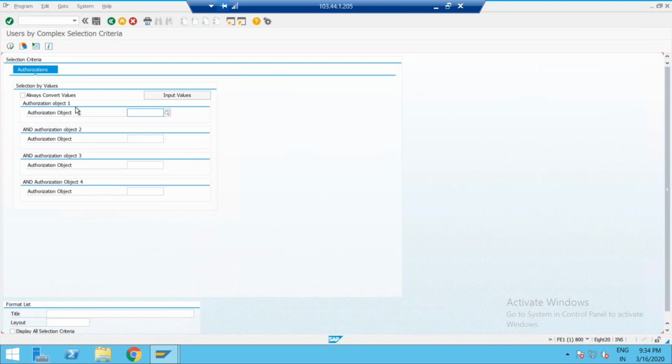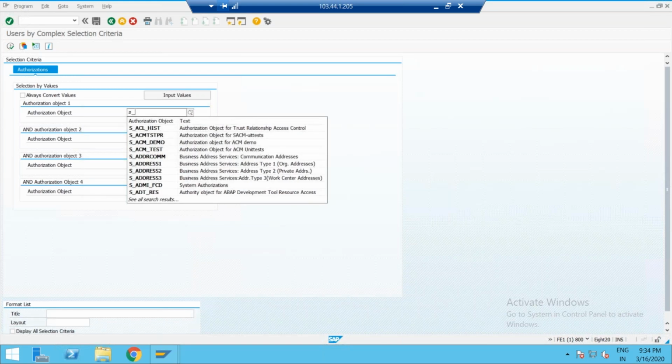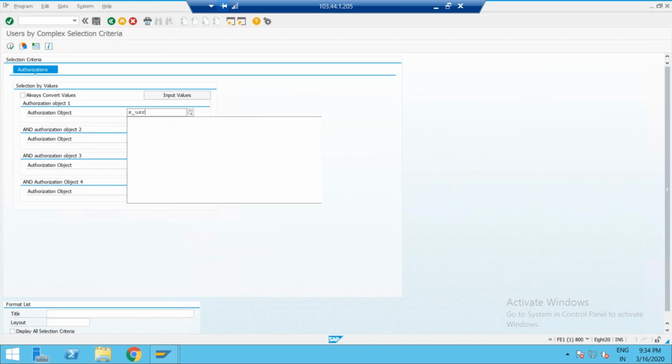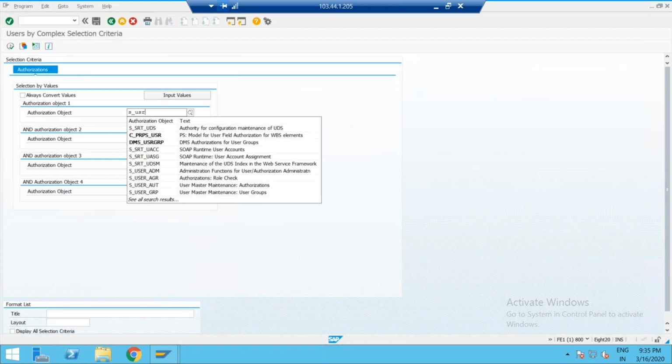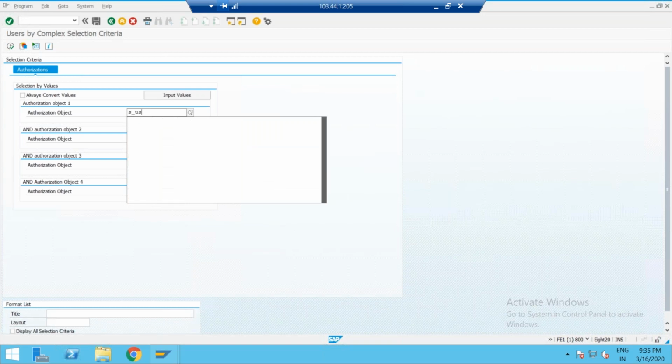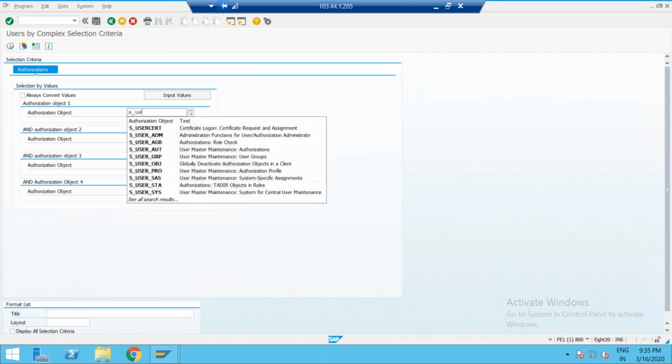Suppose you give the authorization S_US_GRP, USER, ER_GRP.